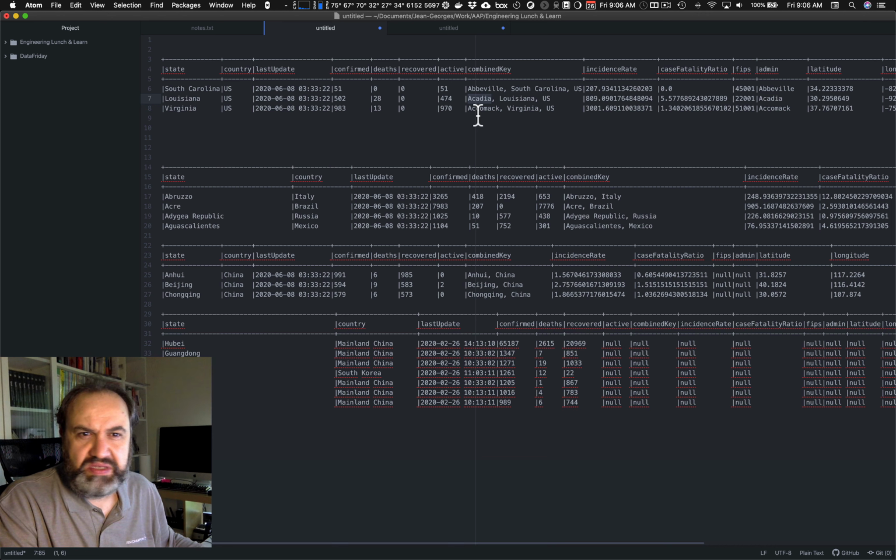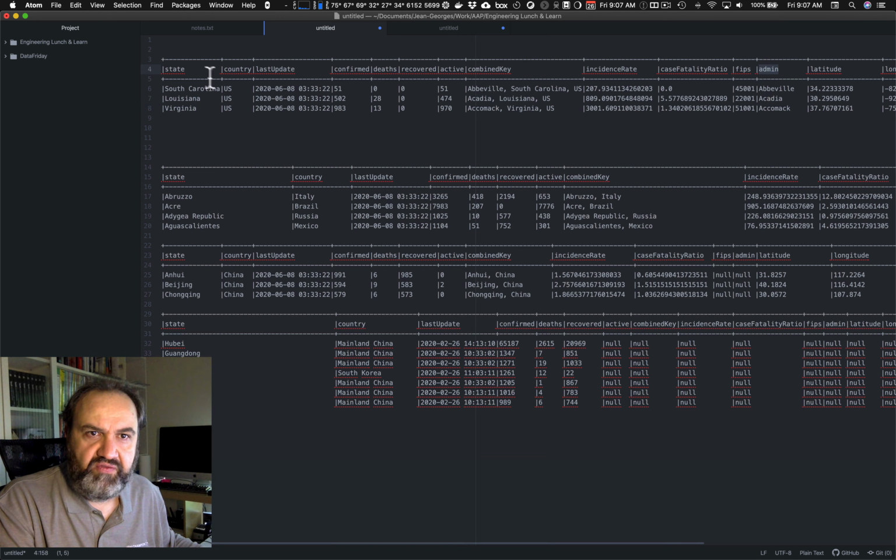It could be the county in some cases, but it's what they call the admin column. So it's combining the admin column here with the state here, and it's also combining that with the country. So that's for the US.